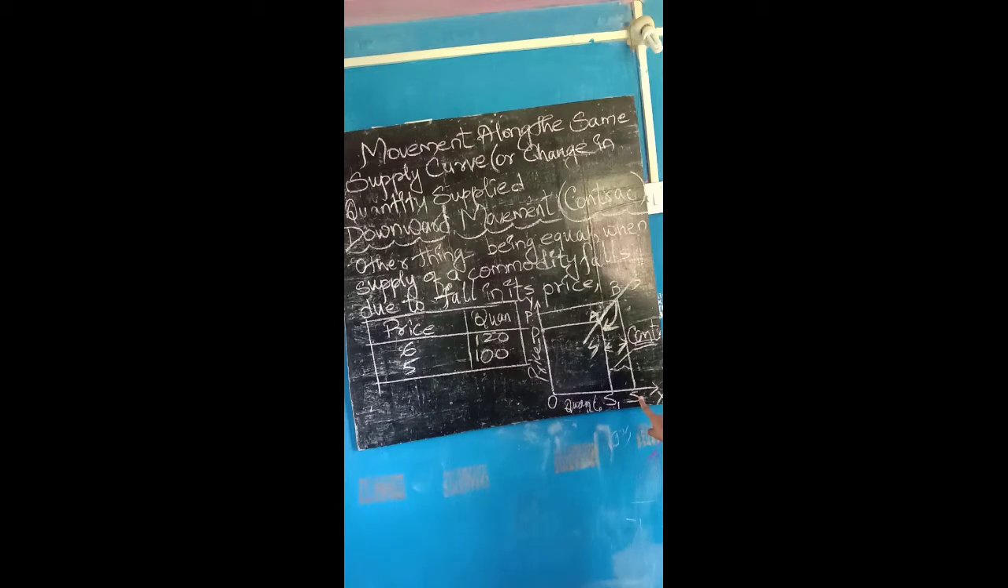This was for upward movement. Okay, don't get puzzled. Upward movement, and the supply curve was upward movement. Okay, upward. So it was in this type of arrow. And now this is the